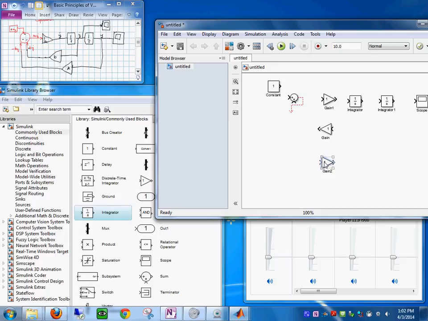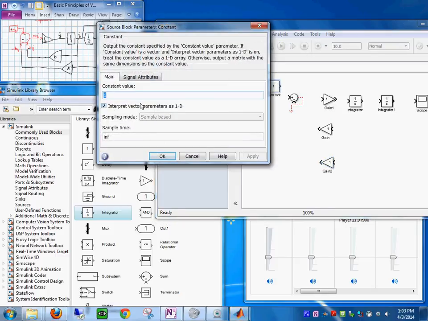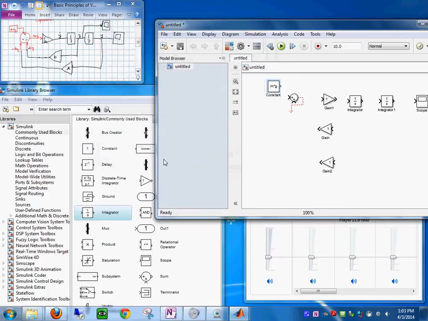Okay, now we are ready. The first thing is this is mg, so I double click in there and I'm just gonna put the value m times g like this. Yeah, there we go. And then in here we have